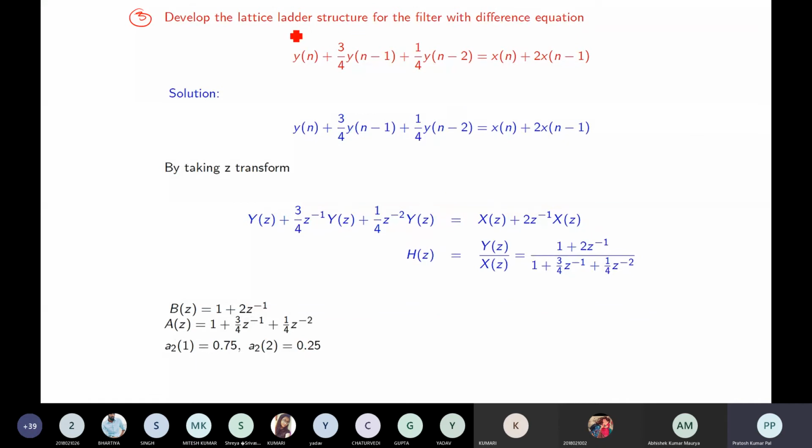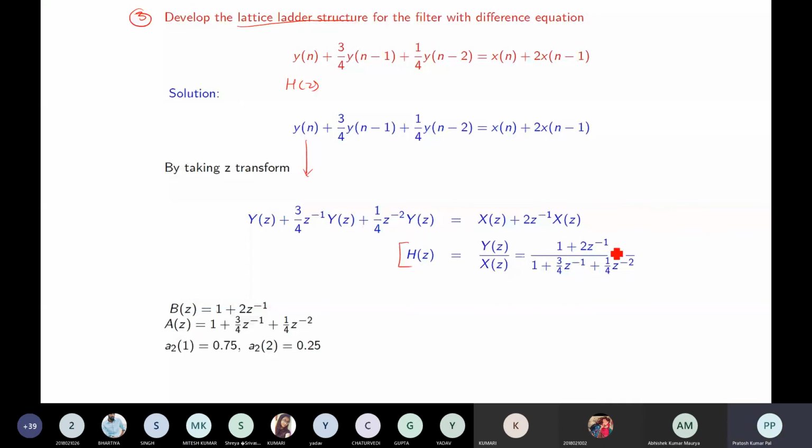So here, develop the lattice ladder structure for the filter with difference equations. So this is the difference equation. To find the lattice or ladder realization, we need to find H(z). So from there we first need to find H(z). We will take the z-transform on both sides, and now we will find H(z),